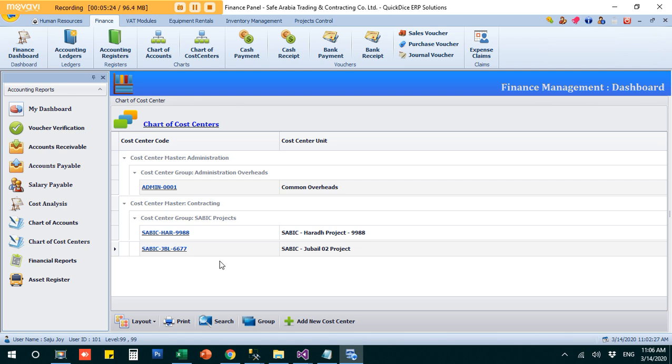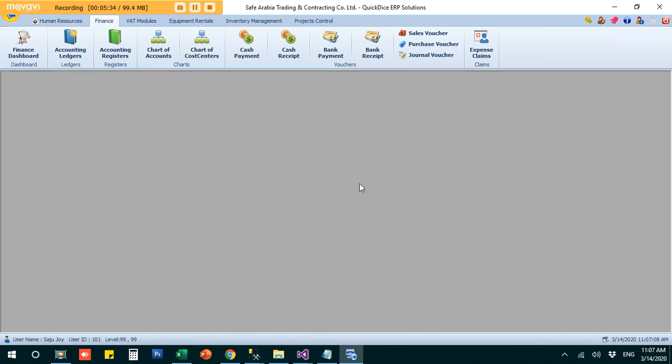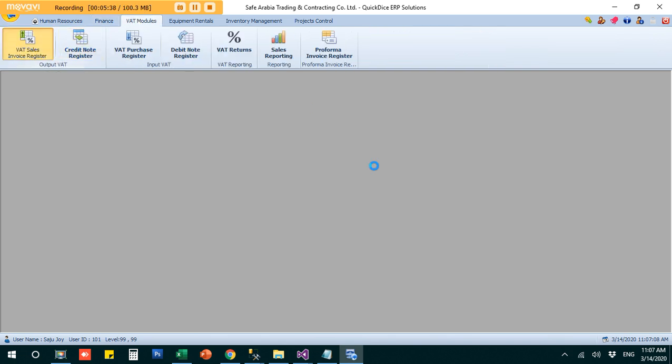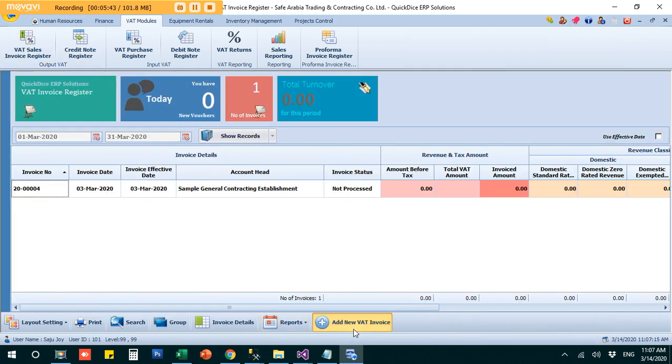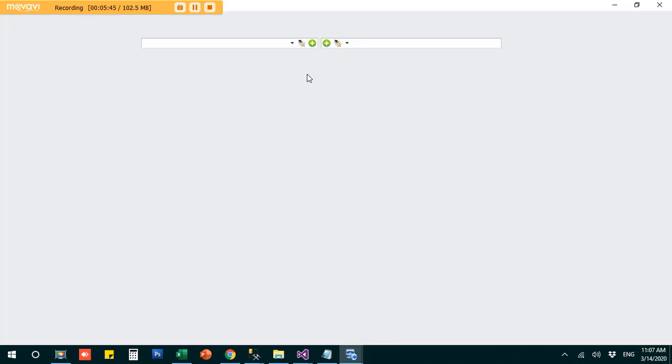Now I can use this whenever I book any expenses or any revenue, and I can track by the projects. So let's go and check how I create a revenue setting. You can go to that modules. Let's say, for example, I'm going to make a new invoice for one client. Let's say add a new invoice. Whenever I book a revenue